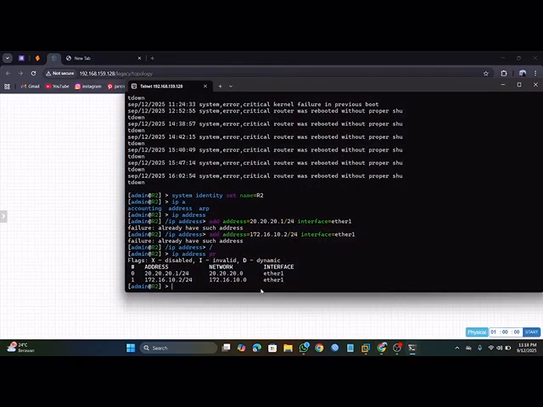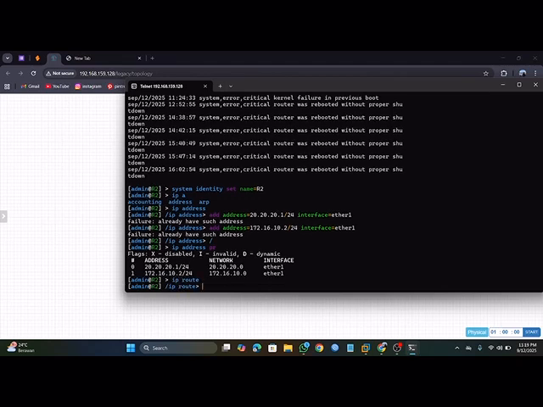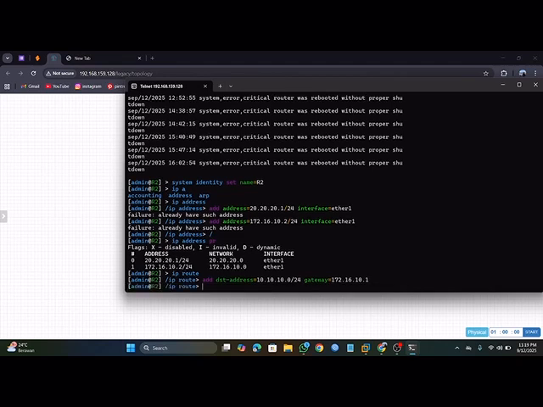You tap IP route and enter, and you tap add dst-address, and tap IP, and gateway, tap gateway and tap IP. Then press enter. Okay, success.